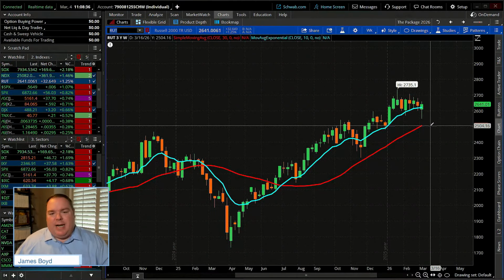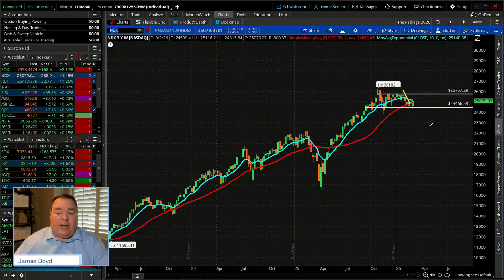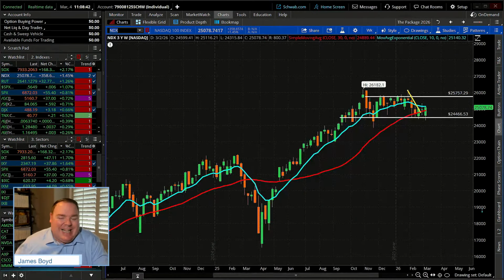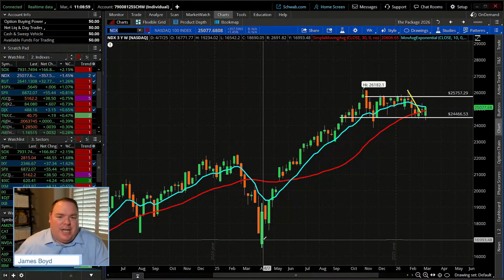So if we said, is there an index that's been stronger than others? If we're talking about relative strength, one that's gone down less than the others, it's the Russell, okay? Surprise, okay? Now, I'll share these charts with you. Just hold on for a sec. We will. Now, I want to talk about some sectors that are standing out a little bit.